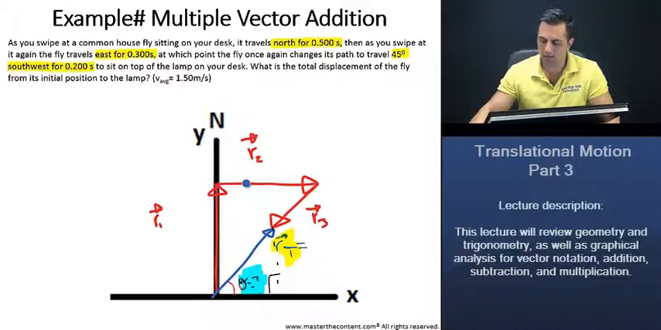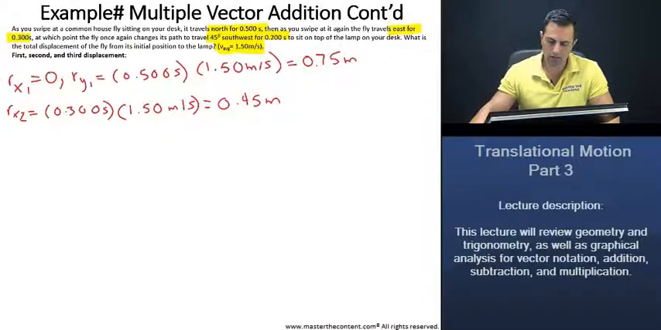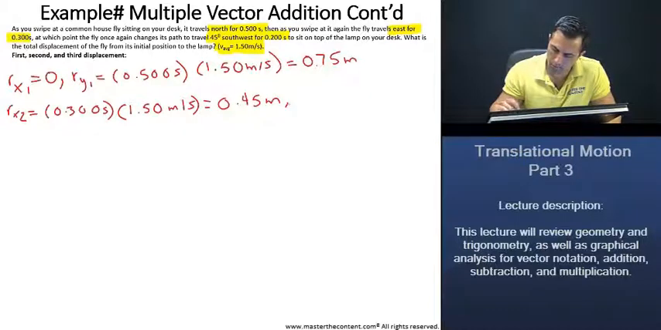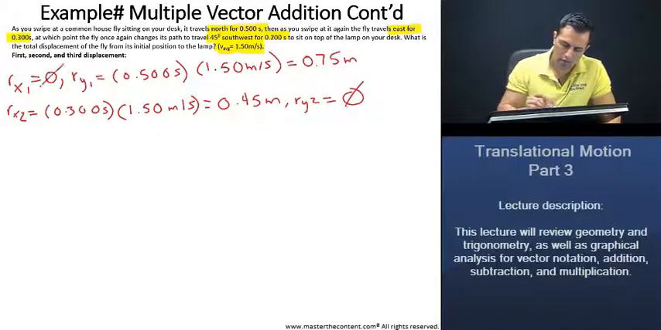It's just the x component. So let's go back, and for the y component, we can just put 0. Great. Now, what about our third